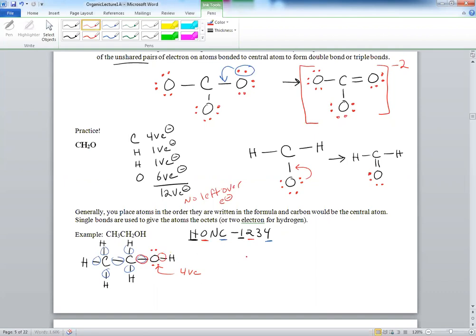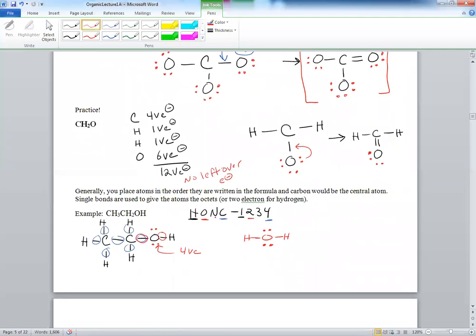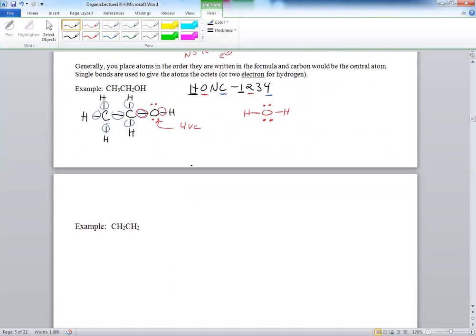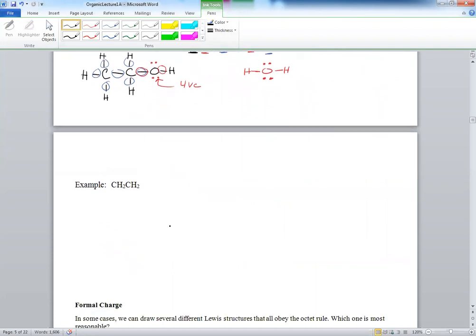This is similar to water. If you look at water, water is a molecule in which oxygen has 2 bonds and 2 lone pairs for the octet. So again, remember this method and it's going to help you. Now, in terms of double bonds, we're going to see that. So like in the next one here,